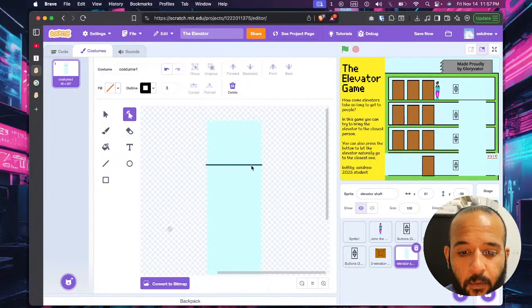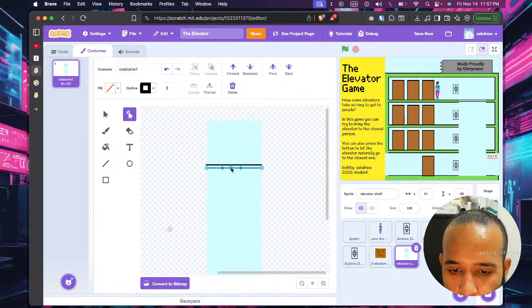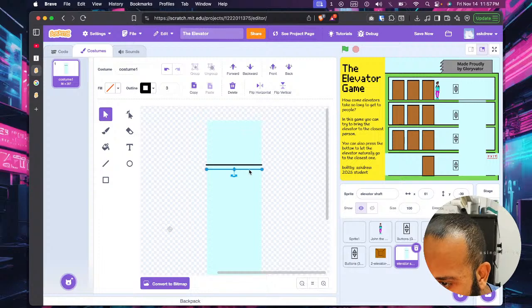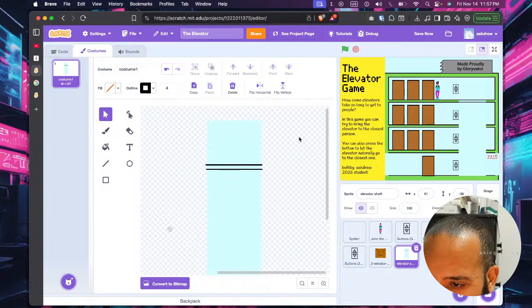So now we're just going to duplicate these again. Let's drag, oh, sorry. Let's hold this. You can also use the tool to make shapes. Curves, I mean, you know. I think it's called a Bezier. I don't know if that's what it's called, but it's like Bezier or Bezier